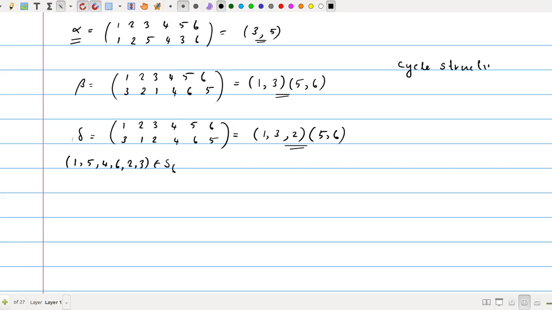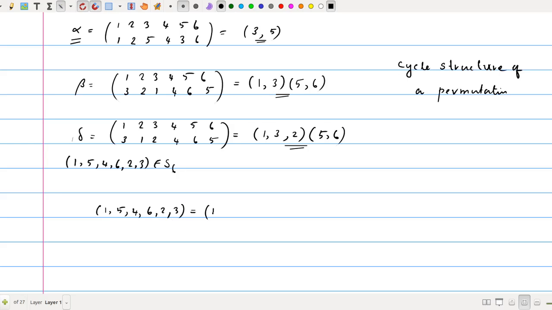Cycle structure of an arbitrary permutation. So this gives the cycle structure. So if you are given a cycle structure, then you can see disjoint cycles in that expression. Okay, if you pick one such cycle in that expression, then that cycle can be expressed as a product of transpositions. That means if you are given one such cycle, then this (1 5 4 6 2 3)